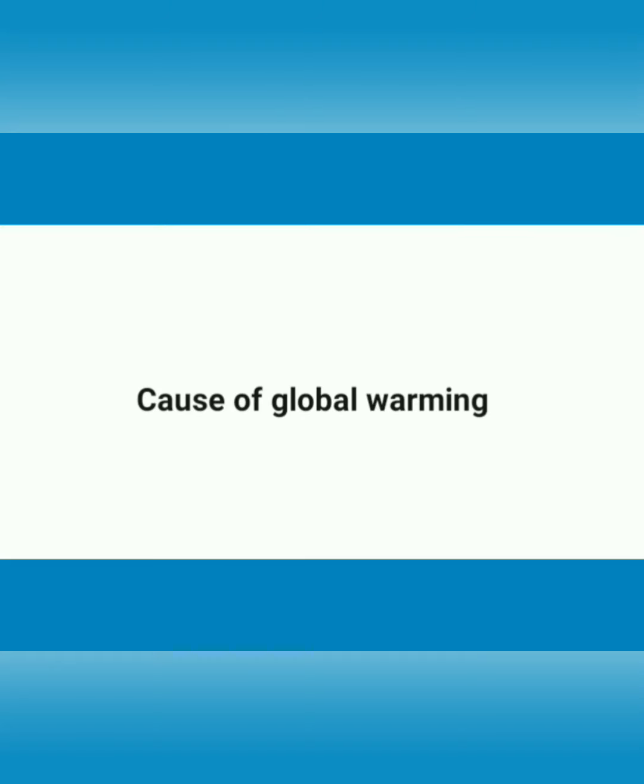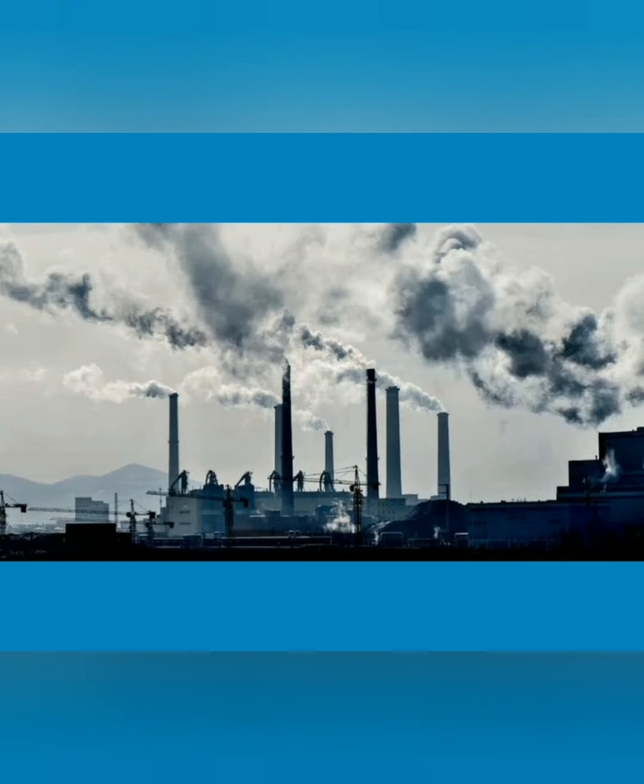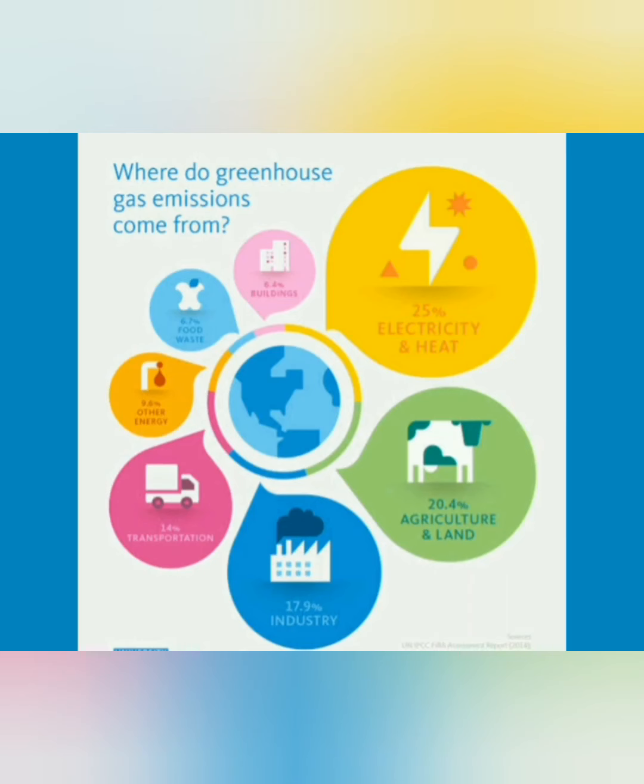The cause of global warming is the increase in concentration of greenhouse gases present in the atmosphere of Earth due to human activities. The concentration of carbon dioxide has increased up to 25% due to industrial growth, combustion of fossil fuels, clearing of forests, etc. The concentration of methane has doubled due to agricultural sources such as rice cultivation and animal husbandry, natural gas exploration, burning of biomass, clearing of forest, and leakage in natural gas pipelines. The concentration of chlorofluorocarbons has increased at a rate of 5% per year.